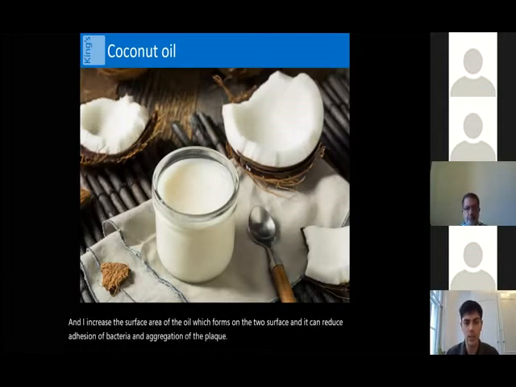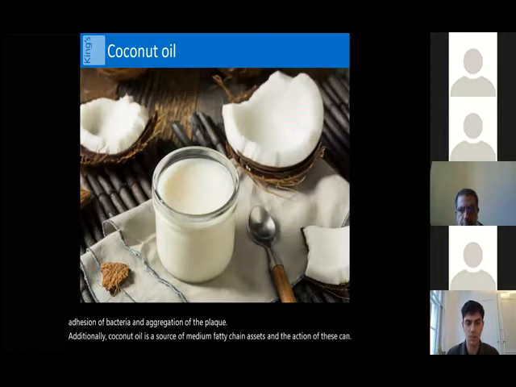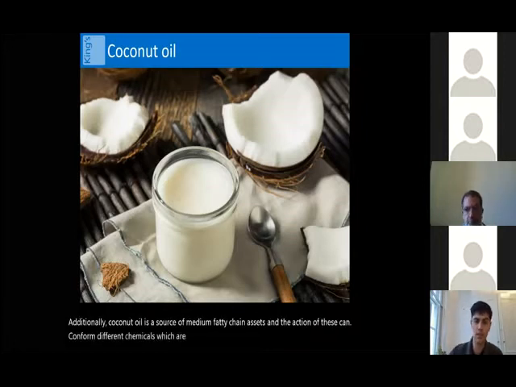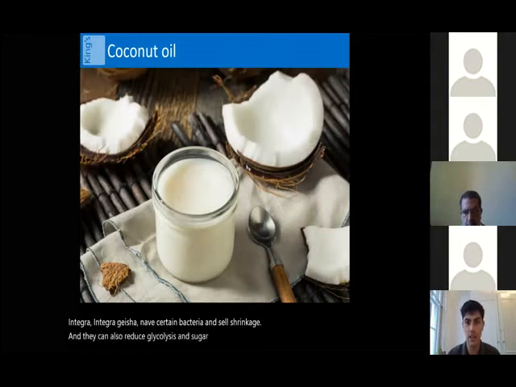Additionally, coconut oil is a source of medium-chain fatty acids, and the action of these can form different chemicals, which are often found in soap products, and they can cause disintegration of certain bacteria and cell shrinkage. They can also reduce glycolysis and sugar oxidation by acting in a non-competitive manner with the bacteria in the